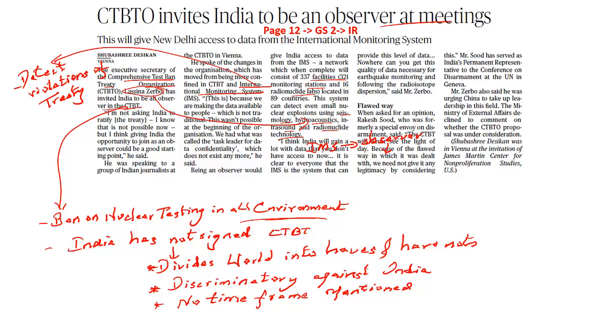So if India comes to this particular forum, it will have the advantage of seeing what's happening in this forum, seeing what China is speaking up on, what the role of Pakistan is and what the role of the United States of America is, and it will be able to prepare itself further. So what this article has suggested is that India does not currently have observer status, so it is requesting India to come over and join as an observer.